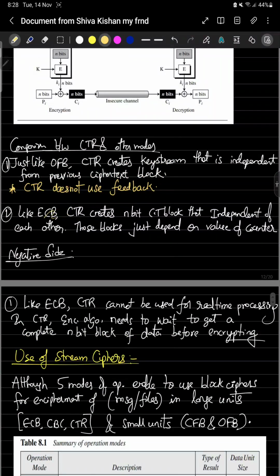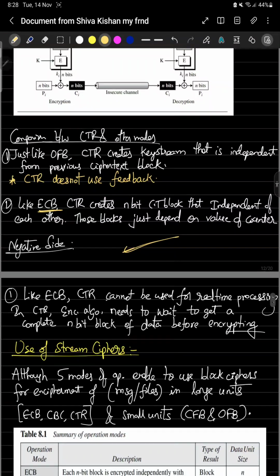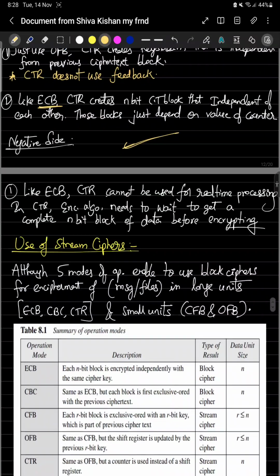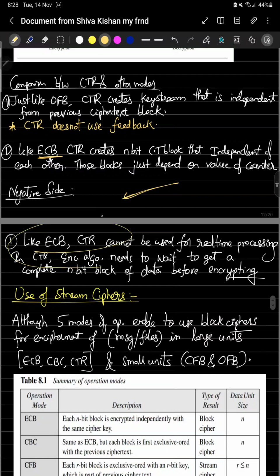And one more similarity with ECB, our normal basic method: CTR creates n-bit ciphertext blocks that are independent of each other. Those blocks just depend on the value of the counter. And one more thing, the negative side is that just like ECB, CTR cannot be used